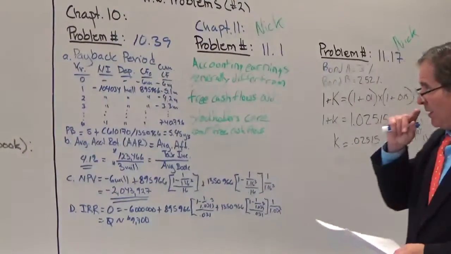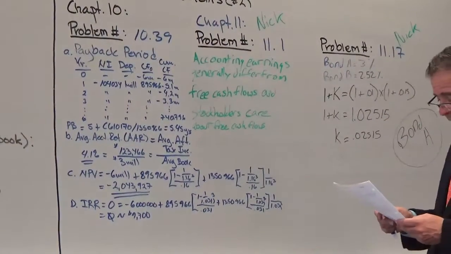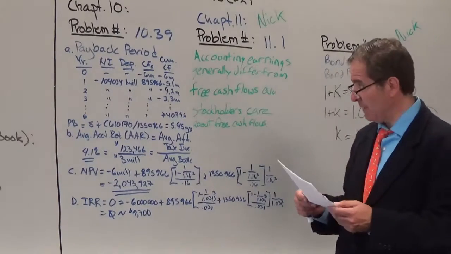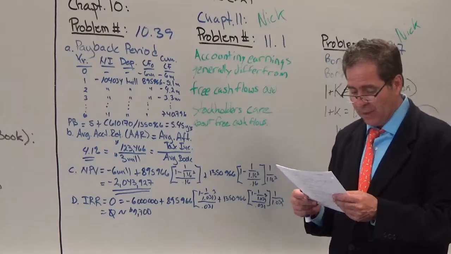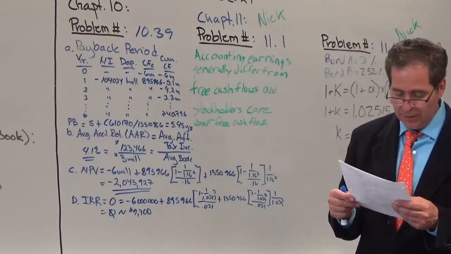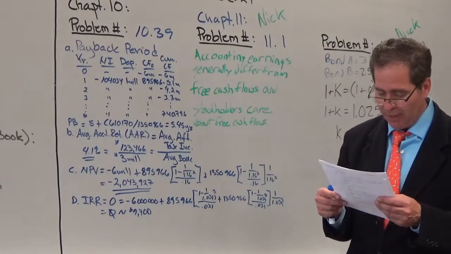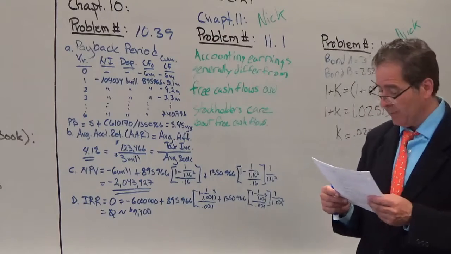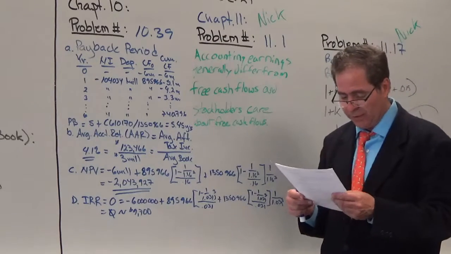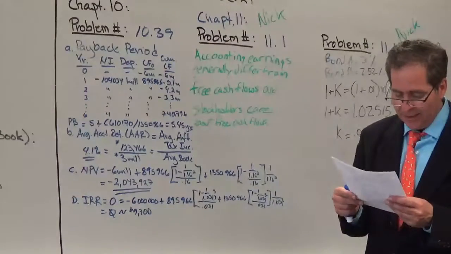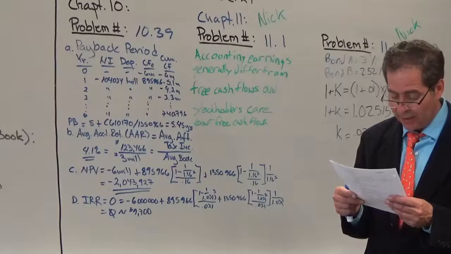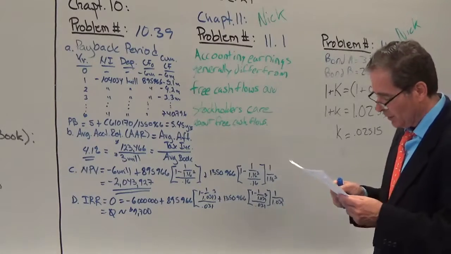Okay, so I have 10.39, and management is investing $6 million in new machinery that will produce the next generation routers. Sales to the customers will amount to $1,750,000 for the next 3 years, and then increase to $2.4 million for 3 more years. The project is expected to last 6 years, and operating costs, excluding depreciation, will be